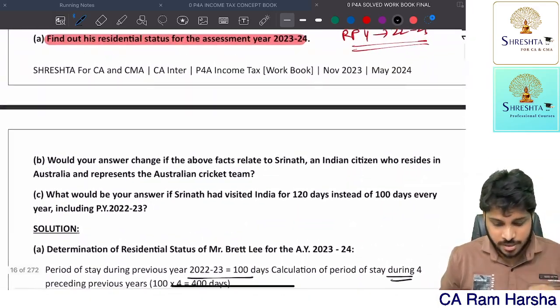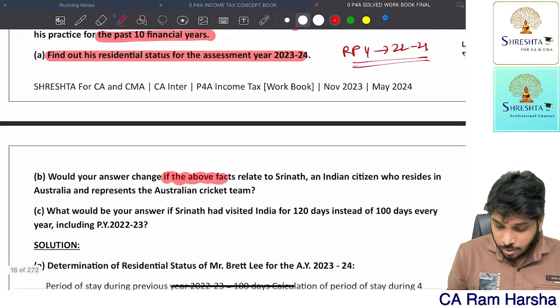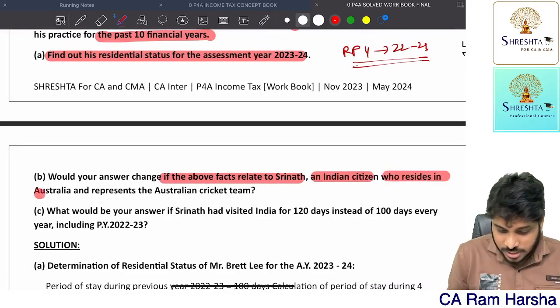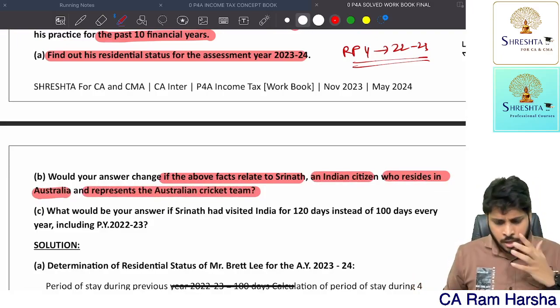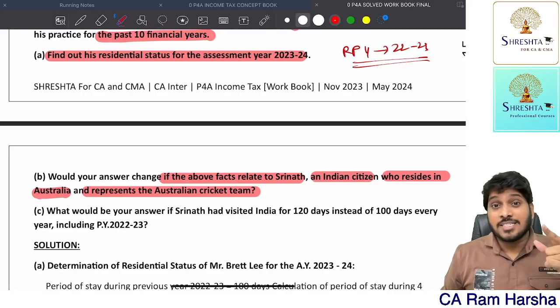So that is question number A. Question number B. What would be your answer if the above facts related to Mr. Srinath, an Indian citizen who resides in Australia and represents the Australian? Suppose if an Indian citizen, what is the answer? The answer is going to be same. Sorry. If he's an Indian citizen,